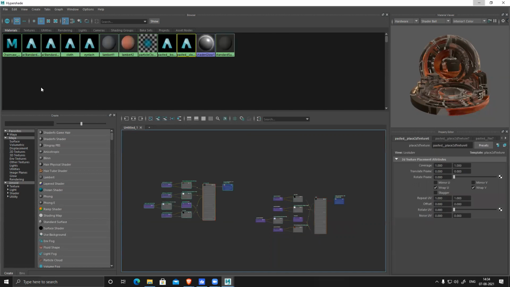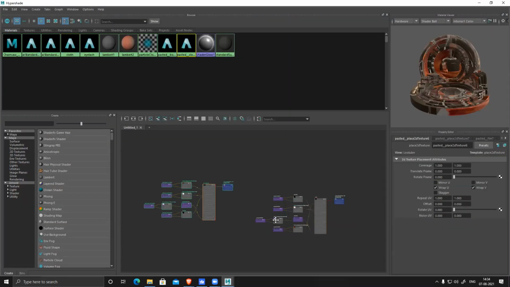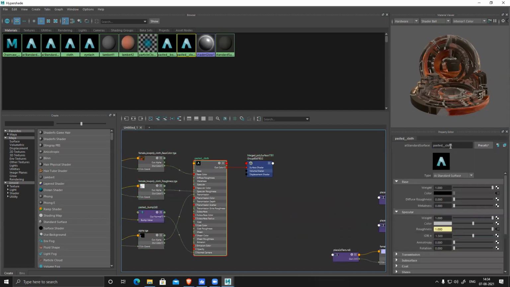Just make sure the model is not duplicated. That's fine. This one, name it cloth alpha.